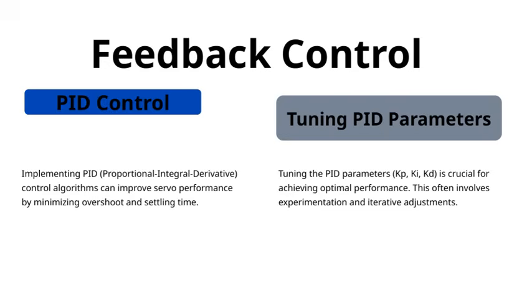Implementing a PID control algorithm can really make a difference. It helps improve servo performance by reducing overshoot. That's when the system exceeds the target, and by minimizing the settling time, meaning how quickly it stabilizes after a disturbance. Overall, tuning these parameters effectively is central to making our control systems both responsive and stable. It ties back to our broader goal of achieving precise and reliable control in our